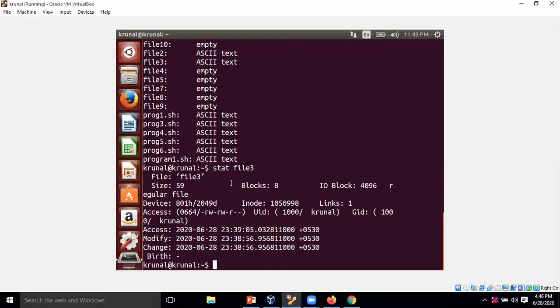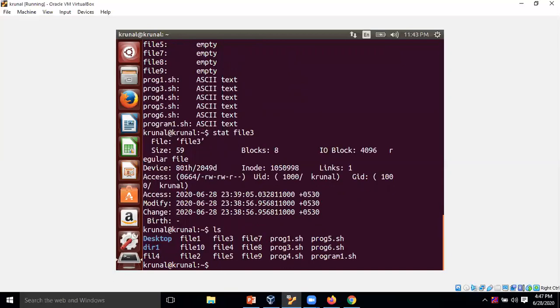Now the next command is ls. Ls stands for list. It shows the current subdirectories and files in the existing directory. This ls command is a very popular and very powerful command.